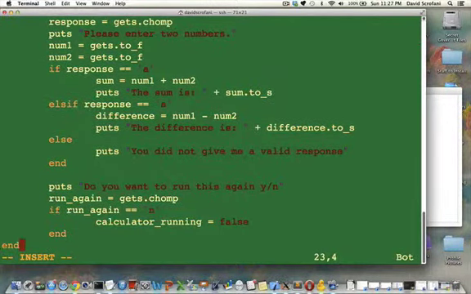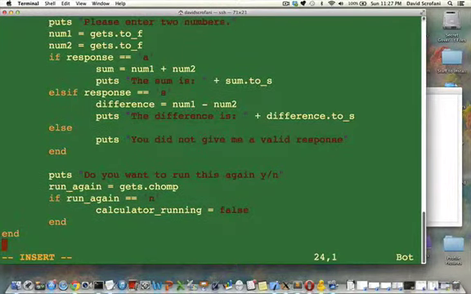Coming back down to the bottom. After the while loop is over, that's right here, after this end, I probably want to say something like, thanks for using this calculator. A final greeting like that as the program quits. And that's it. So we'll run it in a minute, but again, what I wanted to stress is the structure